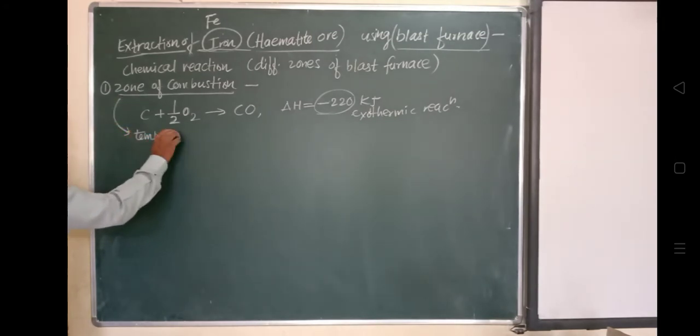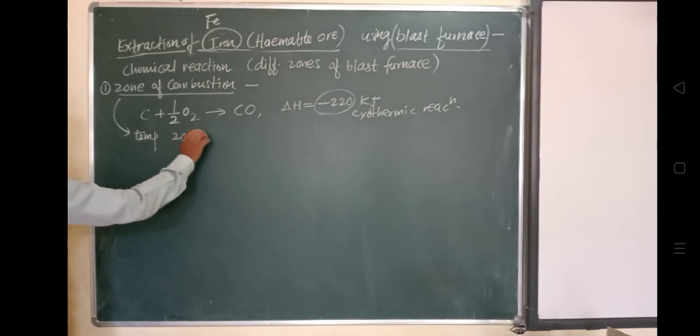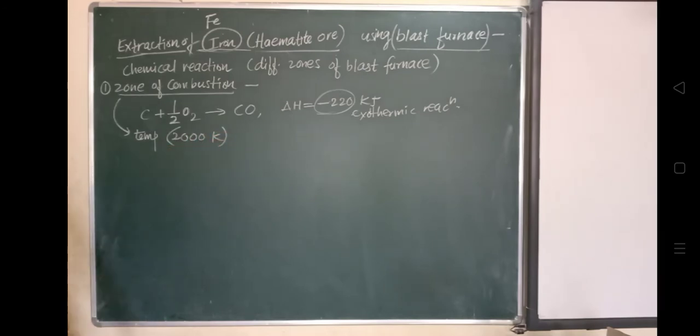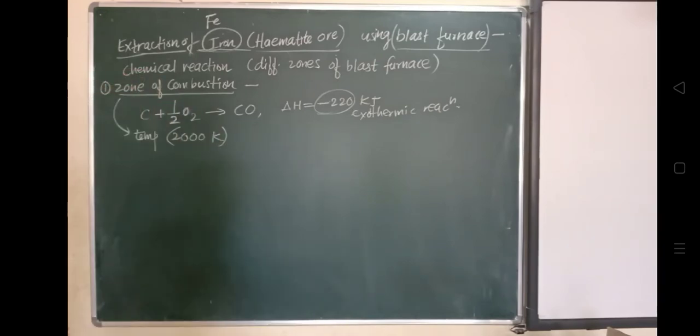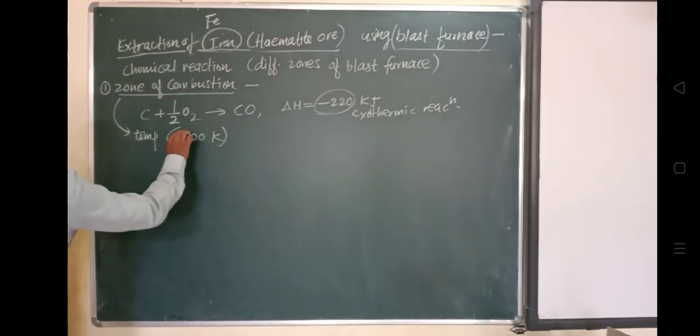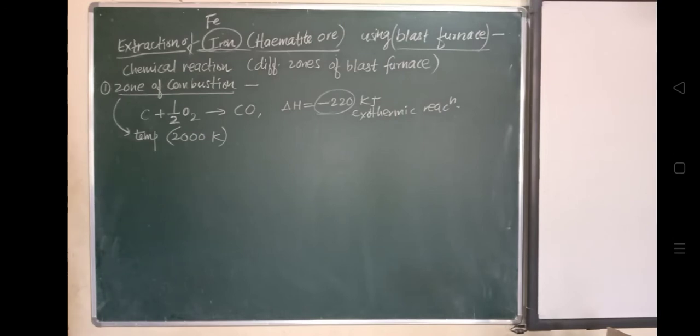Okay, the temperature present in the zone of reduction is around 900 Kelvin. What will happen here? You know very well what is happening. The charge is coming in a downward direction, and this fuel, or we can say carbon monoxide, along with the heated gas, is getting combined. Some chemical reaction will take place and it will reduce the charge. That will take place in this reduction zone.